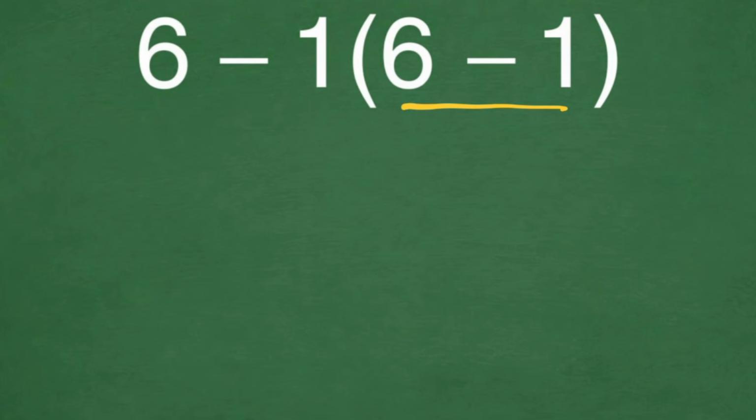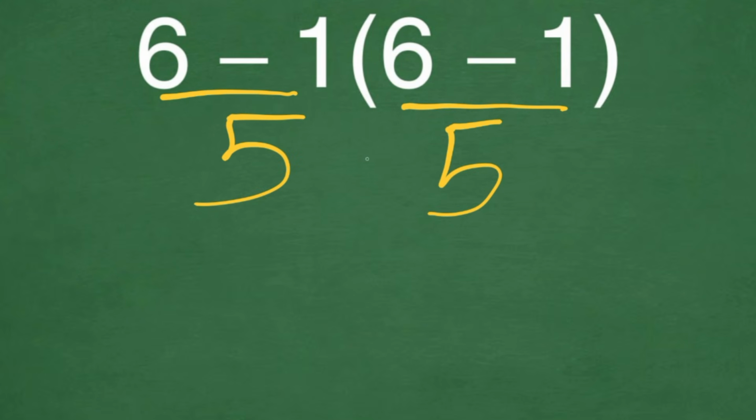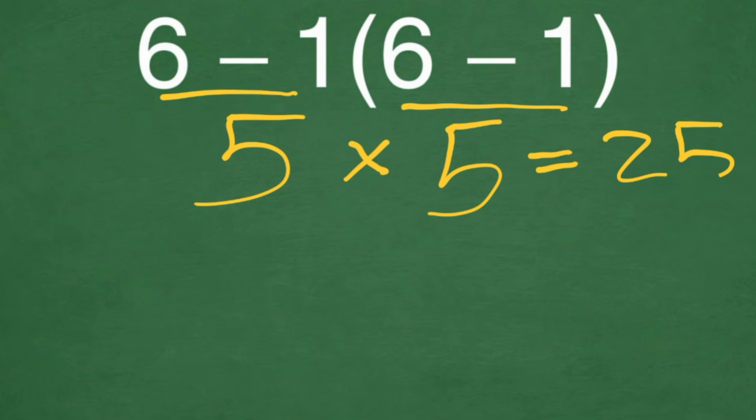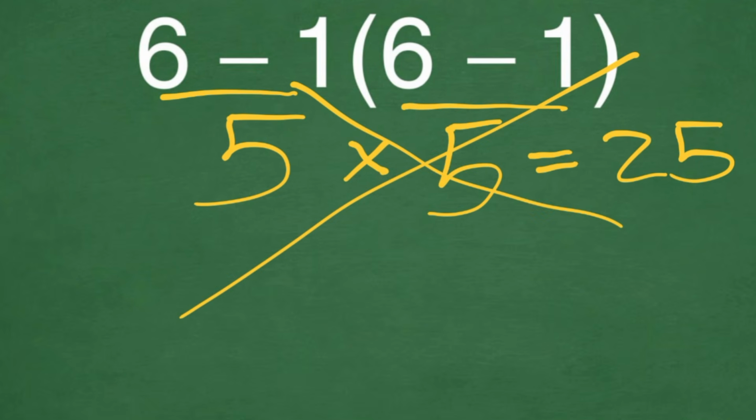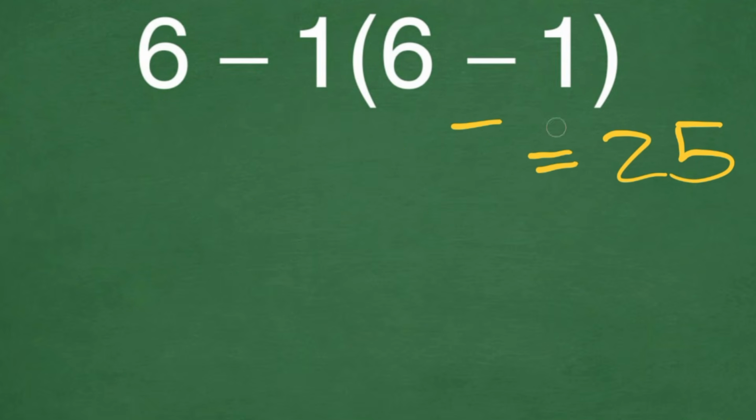6 minus 1 gives us 5. And again, 6 minus 1 gives us 5. And 5 times 5 is equal to 25. But this answer is not correct, because according to the order of operations, PEMDAS, which I am going to write here,